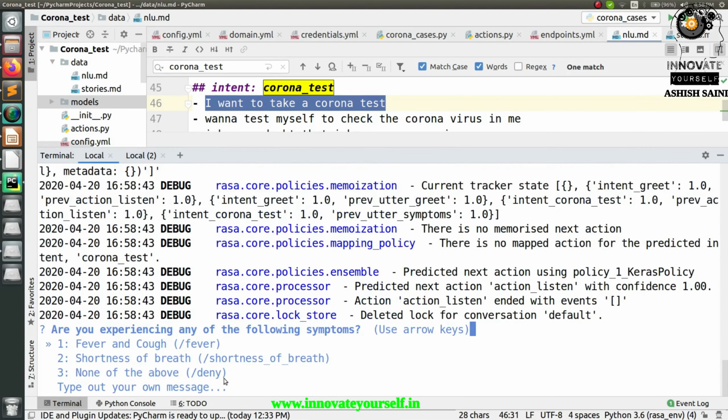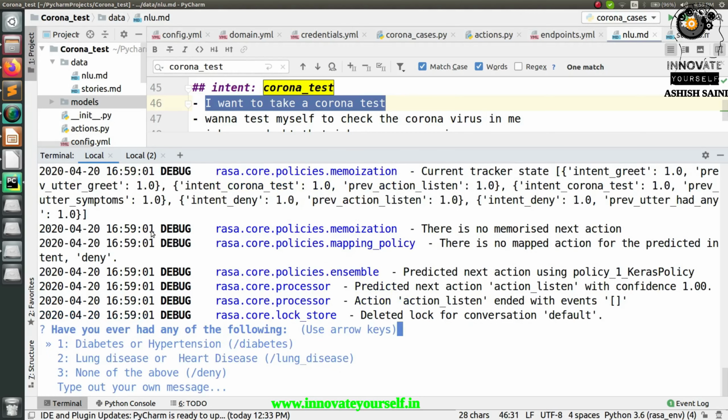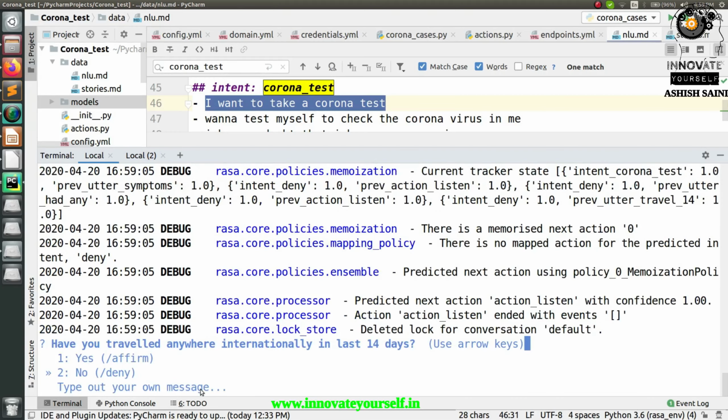Now here you can see it is giving you some options to select: fever, cough, shortness of breath, or whatever it is. With respect to the symptoms, it will tell you what you have to do. I'm not suffering from anything, so I will simply select none of these. So it goes to the next question. Have you traveled anywhere internationally in the last 14 days?